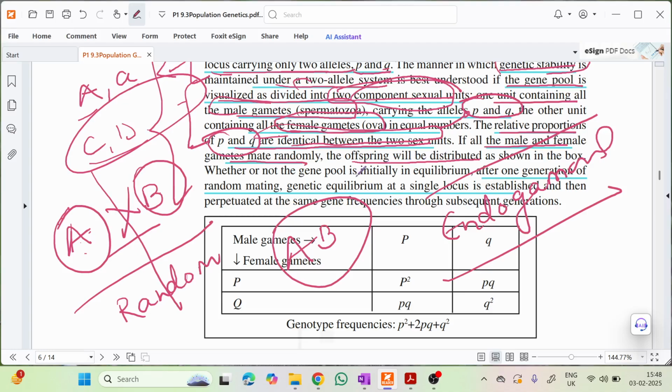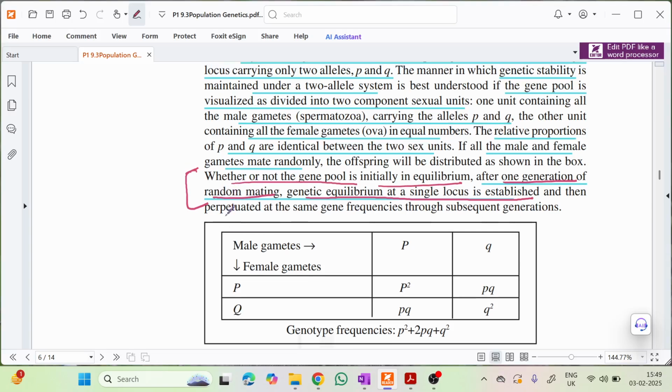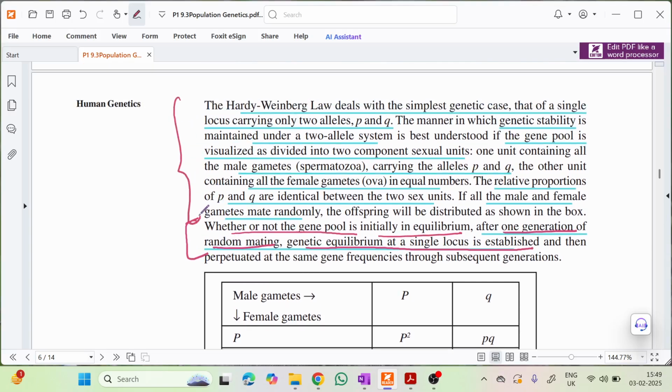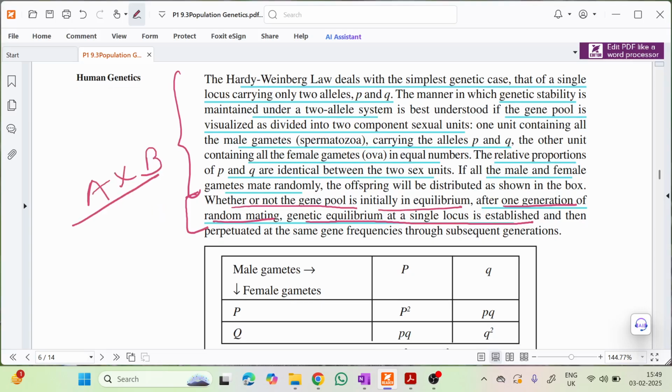तो that's another caveat here. Then finally it says whether or not gene pool is initially in equilibrium, after one generation of random mating, genetic equilibrium at a single locus is established. And this again is not difficult to understand when we say all the other factors are kept constant, unchanging, or artificially uniform in their situation, same, the basic idea, or basic objection, will be here